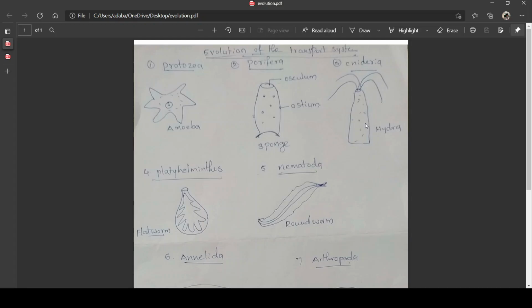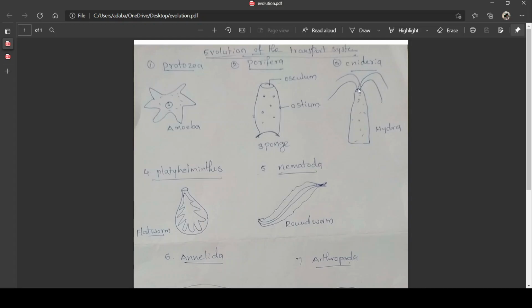The Cnidarians are more developed than sponges. Inside the body, the gastrovascular cavity is developed. It is like a blind sac. This cavity has taken up the function of digestion and transportation of nutrients to each and every cell of the body. This is the mouth. In this phylum, the mouth acts as an anus also.